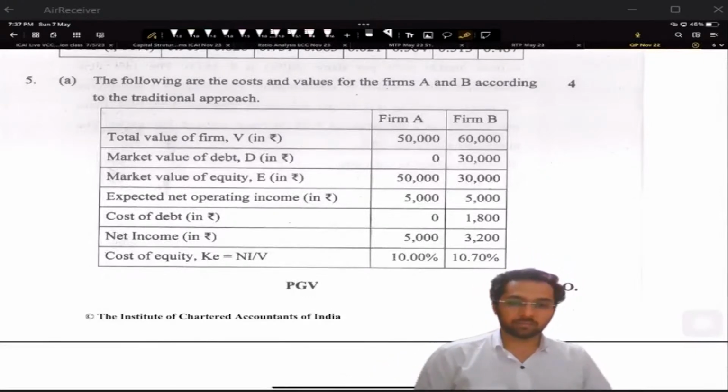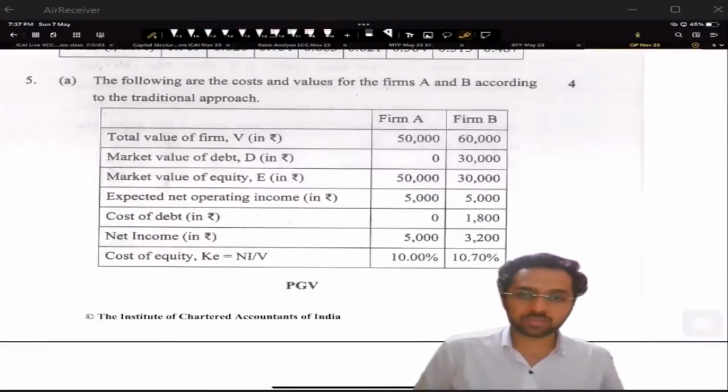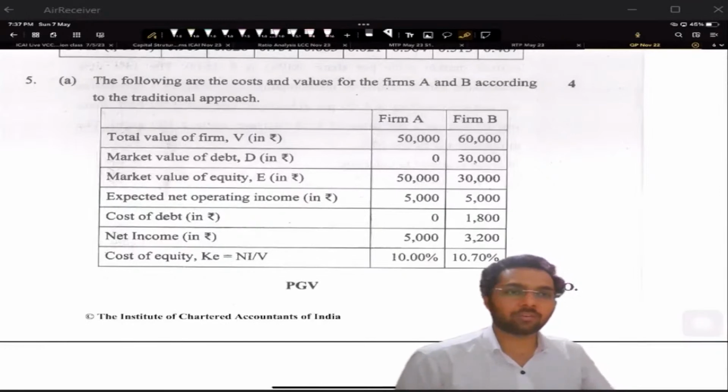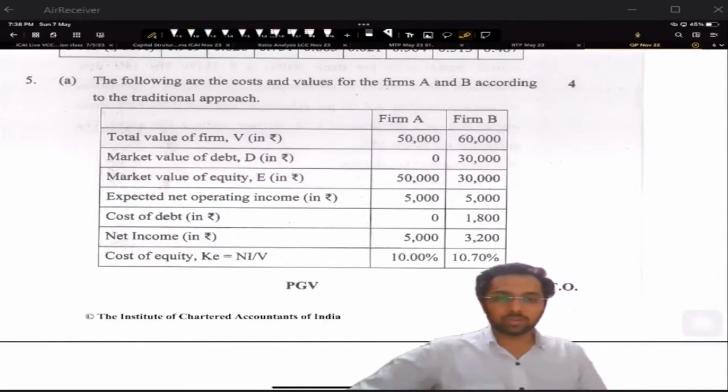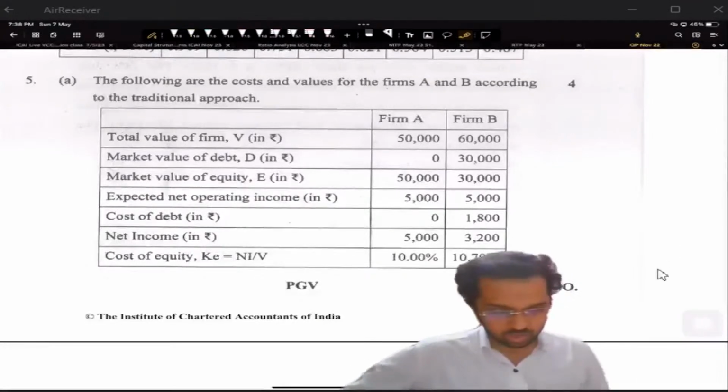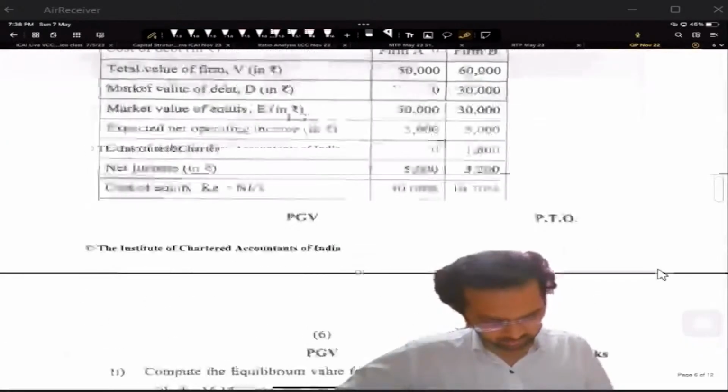Right. So two firms are given with their respective values. Now for first up, we need the equilibrium value as per the approach. Equilibrium value as per the approach. So for that case,